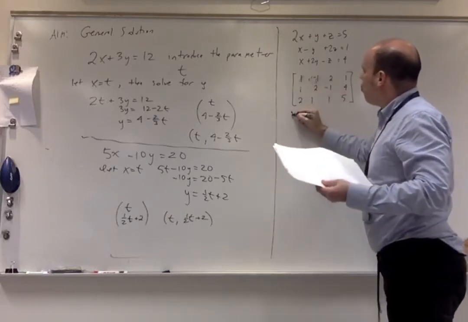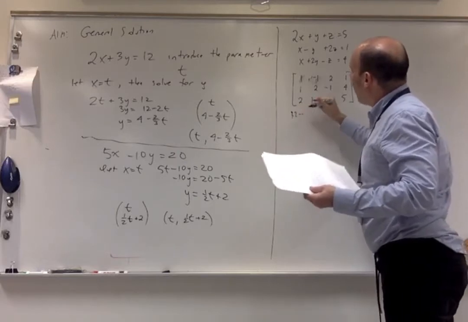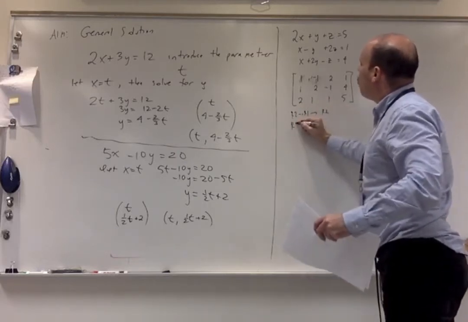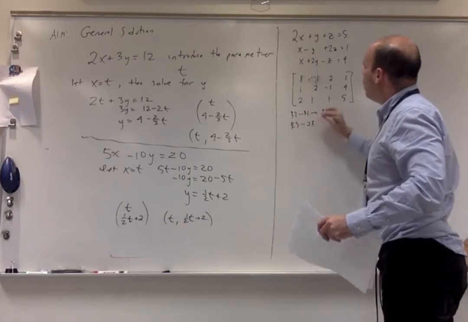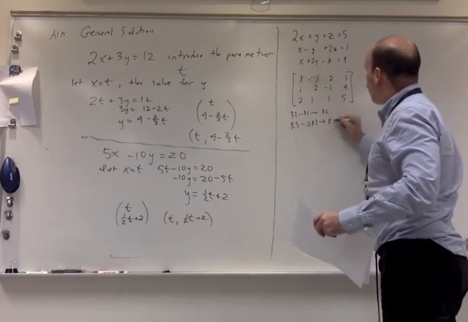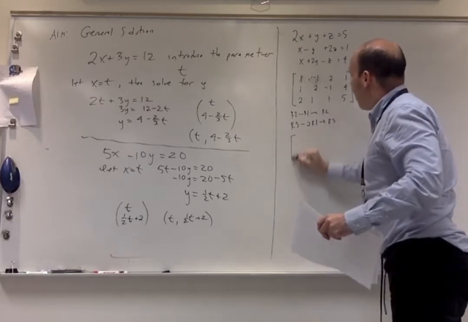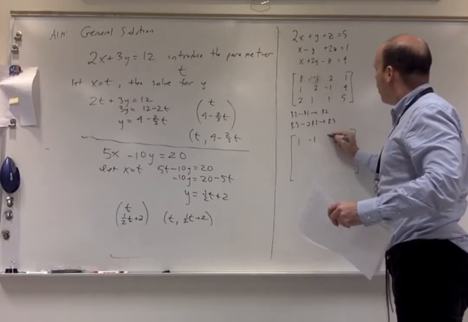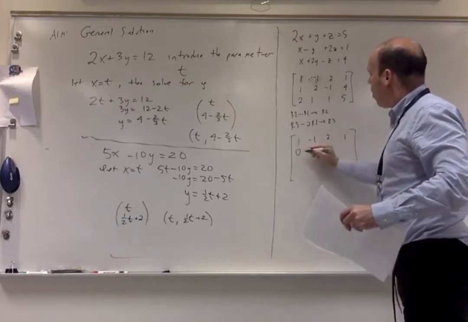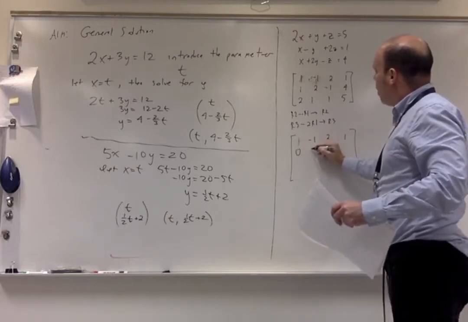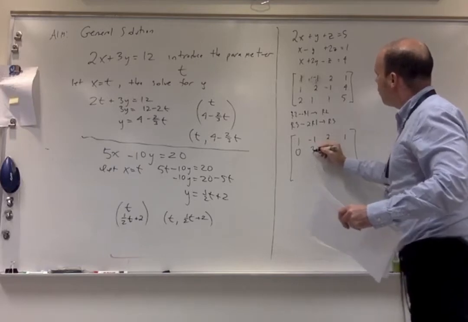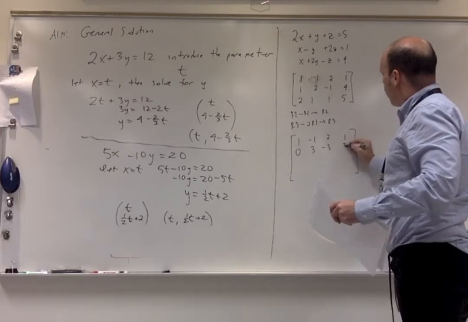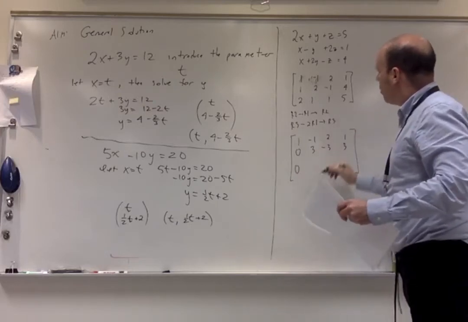I'm going to do row 2 minus row 1 as my new row 2, and row 3 minus 2 times row 1 as my new row 3. Let's see what I end up with. So I have 1, negative 1, 2, 1, I have 0, 3, negative 3, 3, and then I have 0,